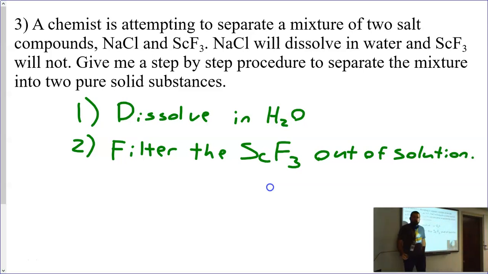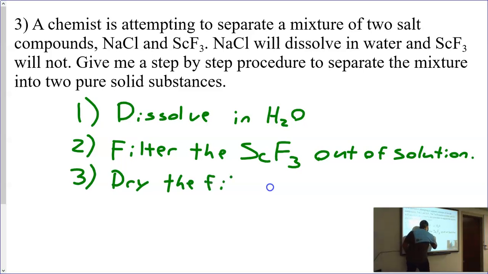Meaning, you would take that kind of watery, powdery mixture, right? Because again, the scandium fluoride doesn't dissolve, so it's just going to be kind of cloudy or suspended in that water. You'll take that and you'll pour it through a funnel with a filter paper. And I'll show that in Friday's lab, okay? I'll give you an example of this kind of process. And you'll pour it and the filter paper will catch all of that solid, all of the scandium fluoride that didn't dissolve. So that's step two. Step three, we will dry